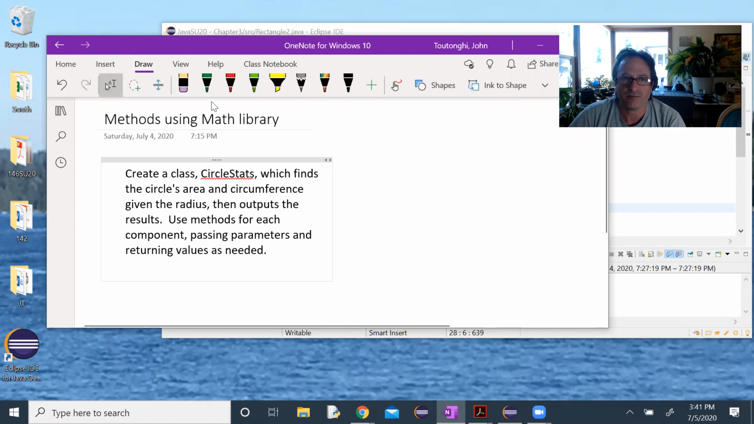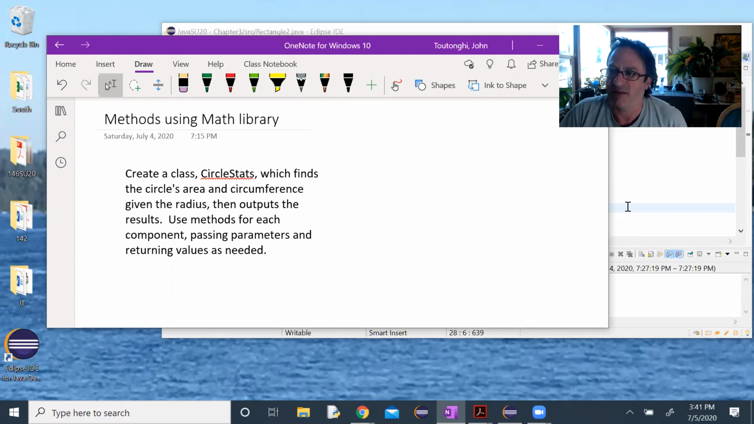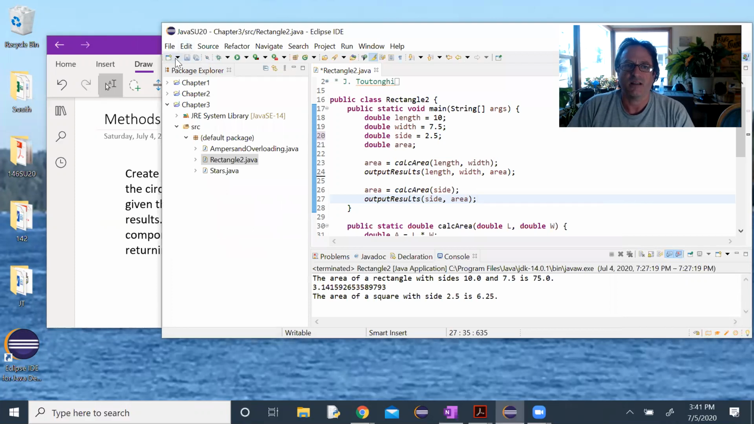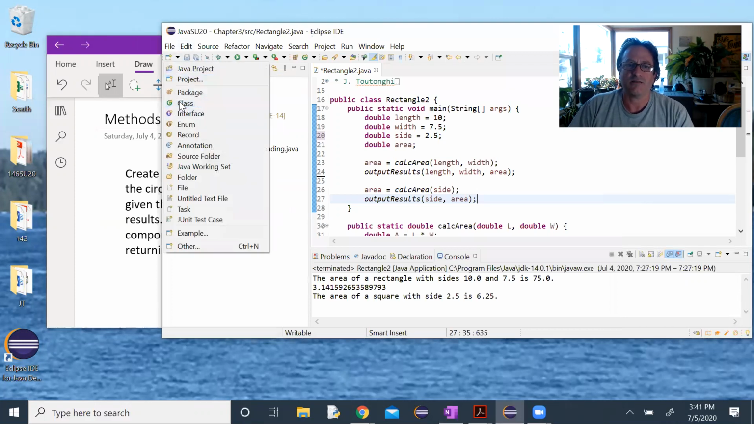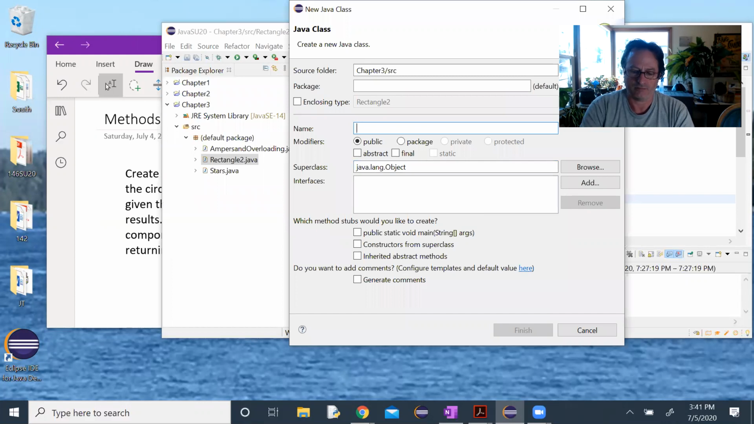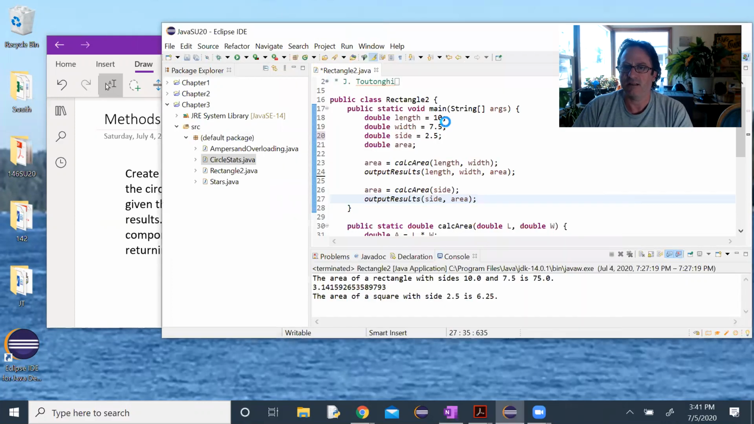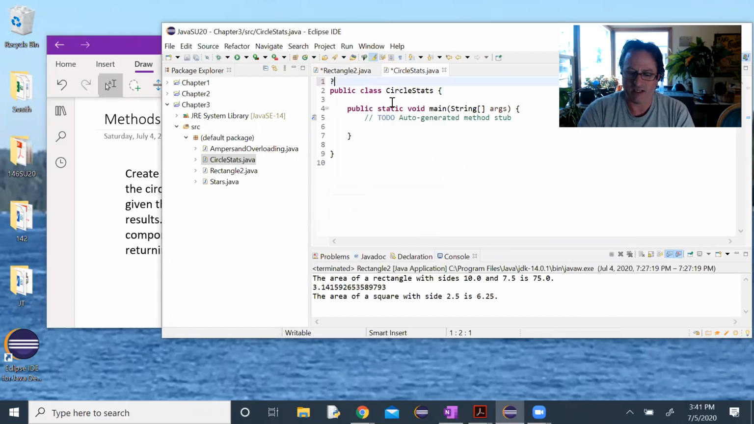So I'll start on paper, go ahead and copy this problem down. And then, or we could jump over to Eclipse and just set up the comment section that shows that we've analyzed the problem. So I'll do that first. New class, CircleStats. Static void main. And we'll put my comments up here,